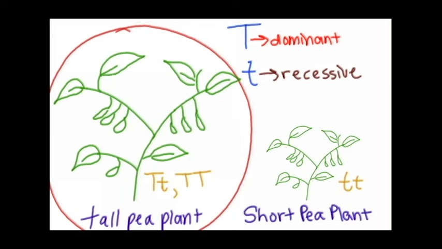Mendel called the tall height trait the dominant trait since it covered up the short height trait. And then he called the short height trait the recessive factor since it was hidden by the dominant trait. After doing years of research, he was able to conclude that approximately 1 out of every 4 offspring will be a short plant. As I will explain in this example, Mendel crossed a homozygous dominant tall parent